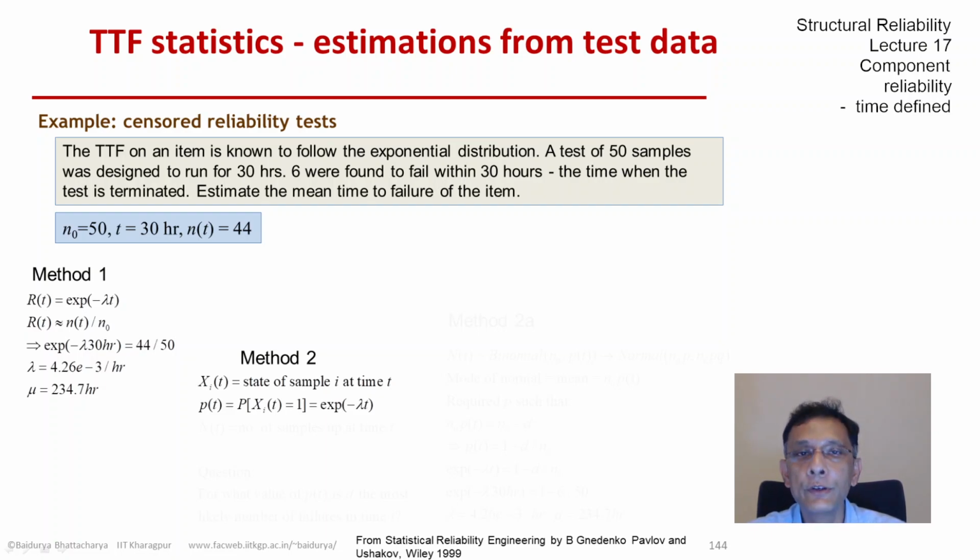So the probability of being up is that it survives up to time t, so that we already know is exponential minus lambda t, because the time to failure is exponentially distributed. So we could define a new random variable, capital N of t, which is the number of samples that are up at time t. Now, if these samples are independent, and we have actually solved a simple example in the past,